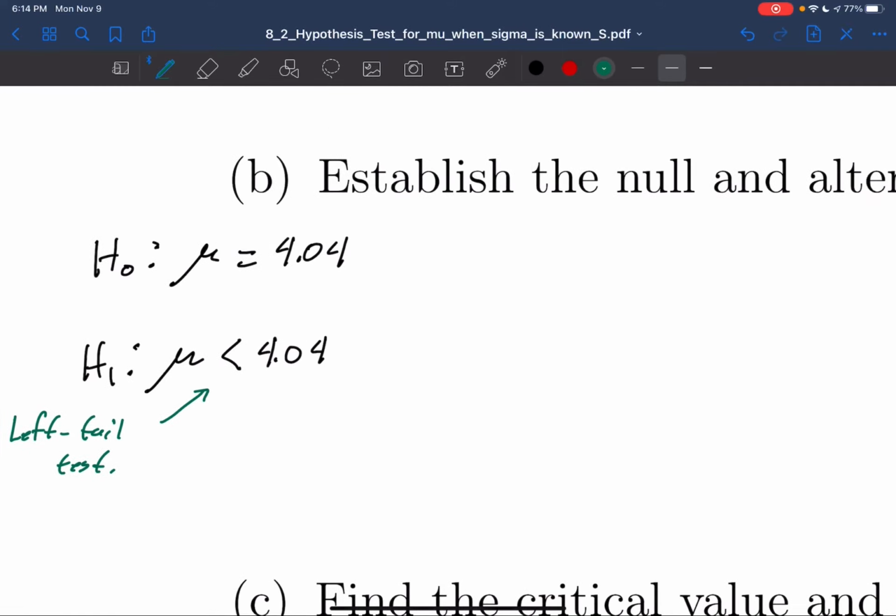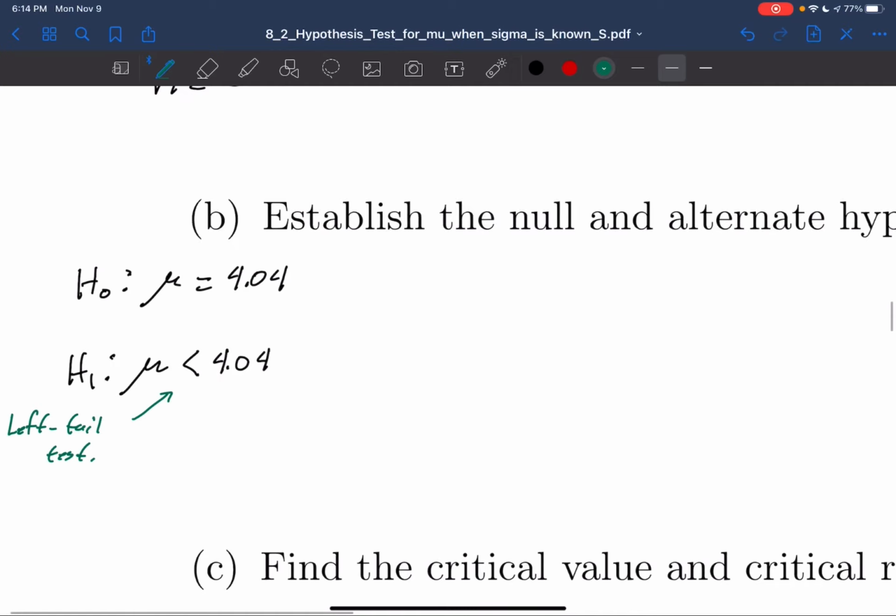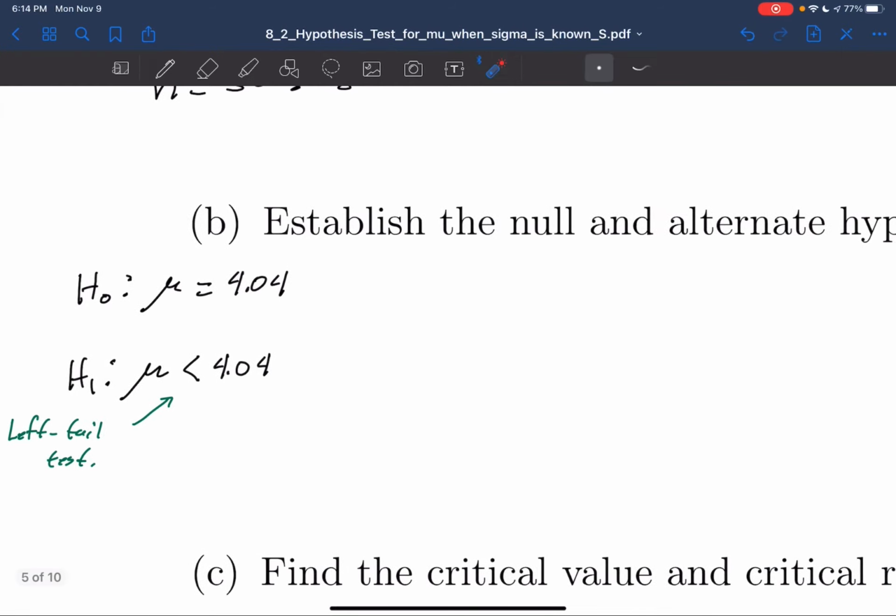Pretty easy to remember. Okay, so we have our null hypothesis and our alternative hypothesis. But what I like to do is write this in words. What does this mean? And you're going to see why in a minute. It's going to make life a little bit easier. So here,